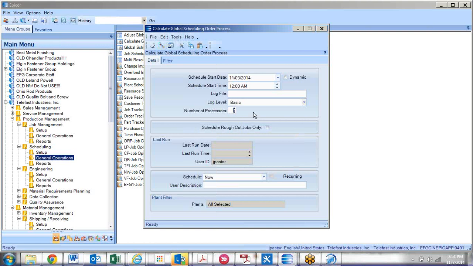Number of processes. You see the same thing on MRP. Unfortunately, the right number is not something that you can get from anyone from Epicor, including people like Ben Nixon, the